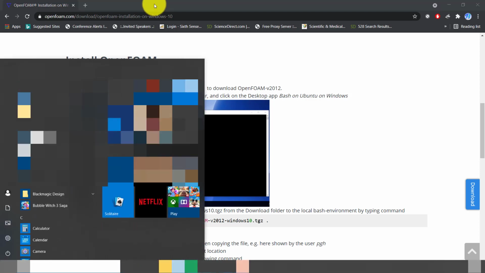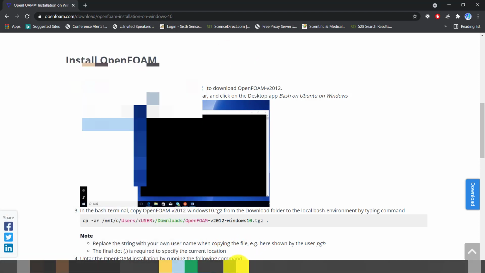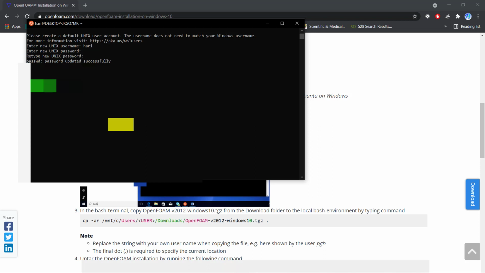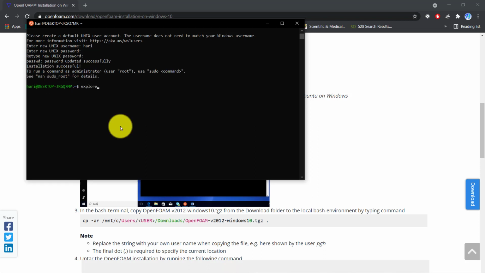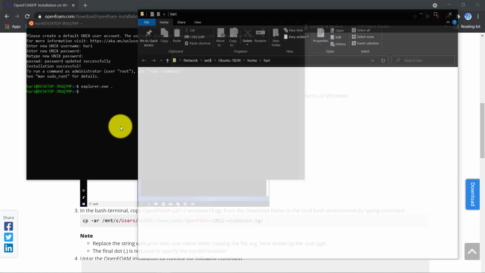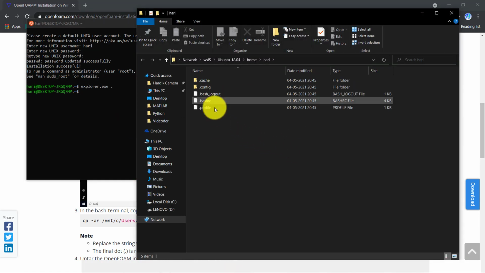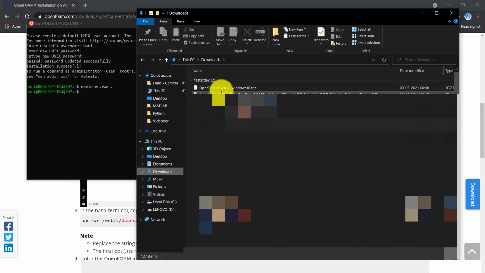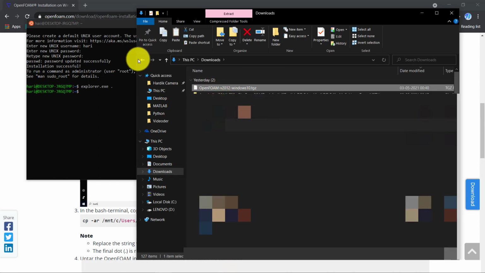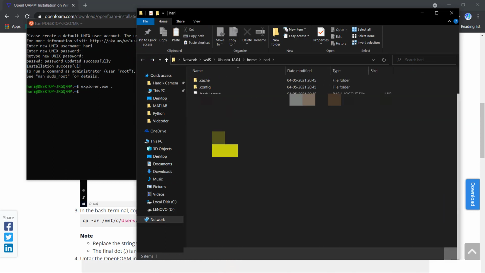So first I will write explorer.exe, space, dot. It will open our Ubuntu location. Now I will go to my download section and copy this OpenFOAM version into this location.